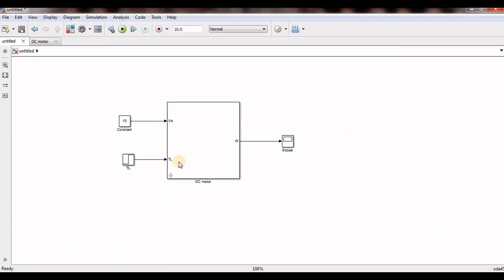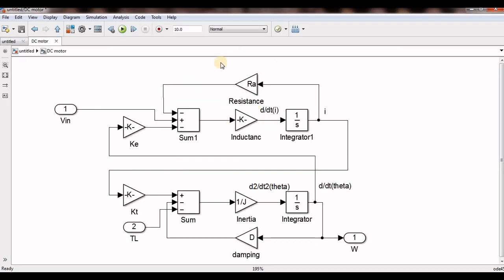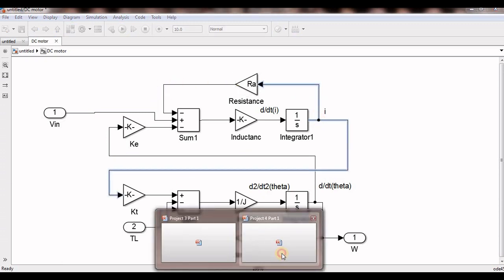See, this is the basic model of the DC motor. Whatever I presented in this video, this is my input, V input minus IRA. This is IRA. V input minus IRA. This is K into omega, meaning back EMF EB. V minus EB minus IRA, times 1 by inductance, is my current. So after integration I can get the current. So this can be a feedback, similar to this one.